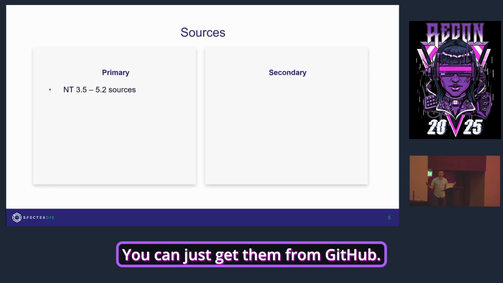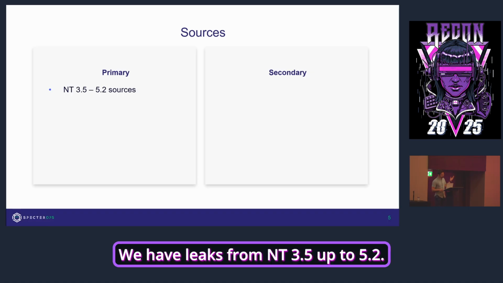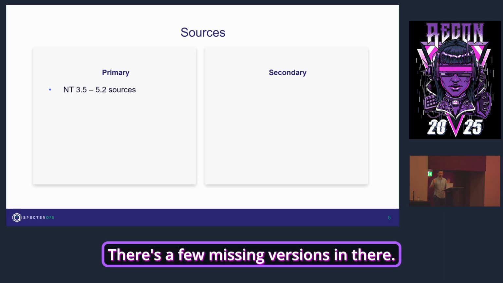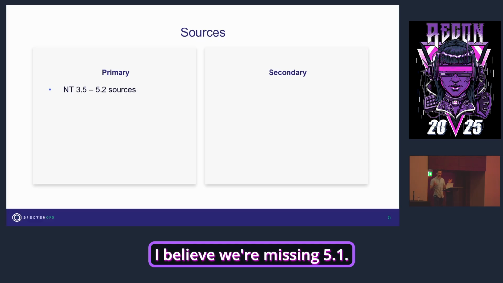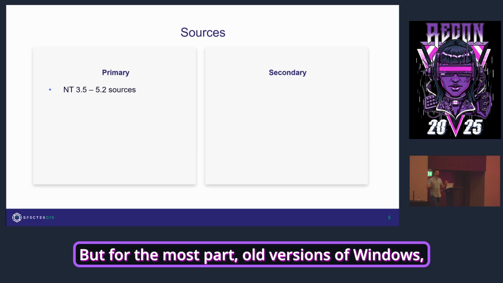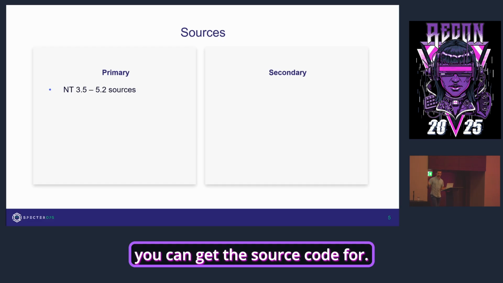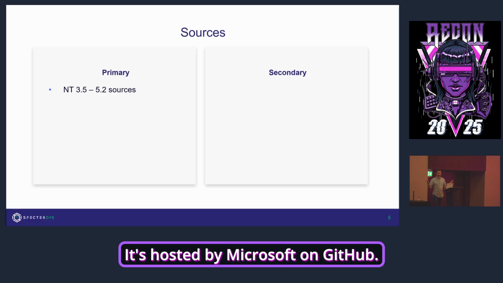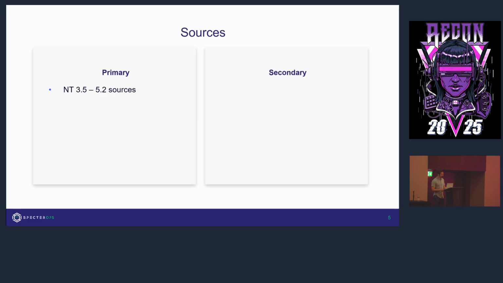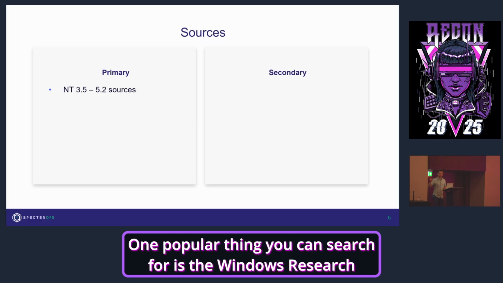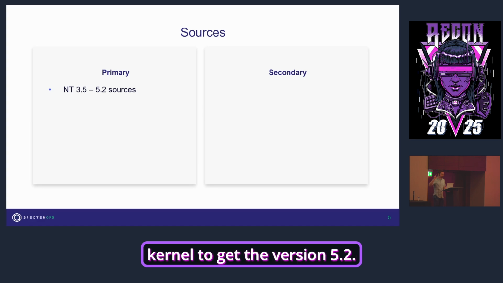You can just get them from GitHub. We have leaks from NT 3.5 up to 5.2. There's a few missing versions in there. I believe we're missing 5.1, but for the most part, old versions of Windows, you can get the source code for. It's hosted by Microsoft on GitHub. One popular thing you can search for is the Windows Research Kernel to get the version 5.2.